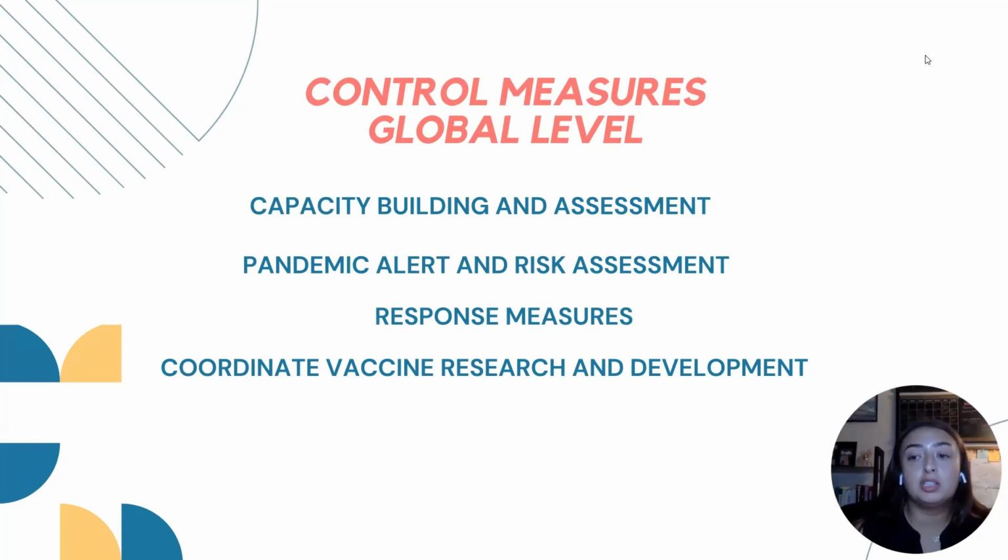Coordinate vaccine research and development. After H1N1, WHO reached out to pharmaceutical companies to begin mass production of the H1N1 vaccines. This would encourage worldwide support of influenza A vaccine production because the H1N1 virus is seasonal, meaning that there would need to be mass vaccine production to be able to support a seasonal vaccine, just as the normal flu vaccine you may receive.